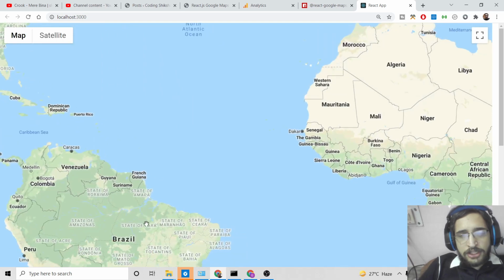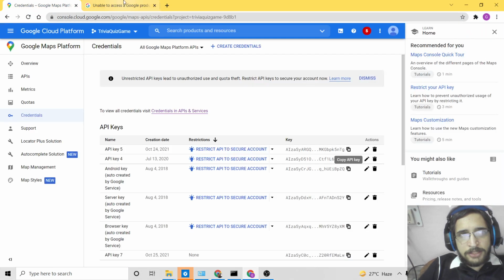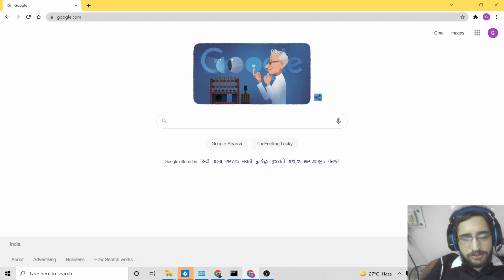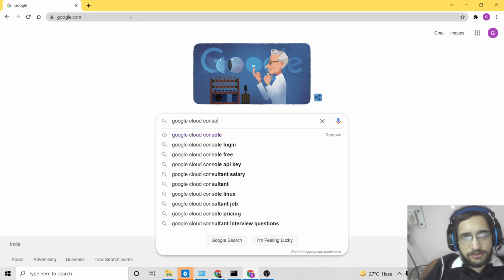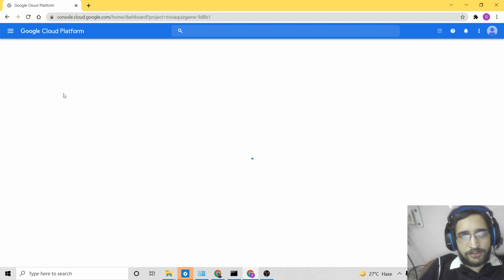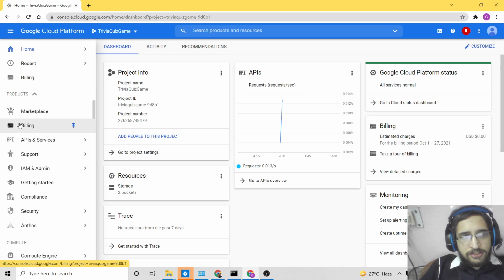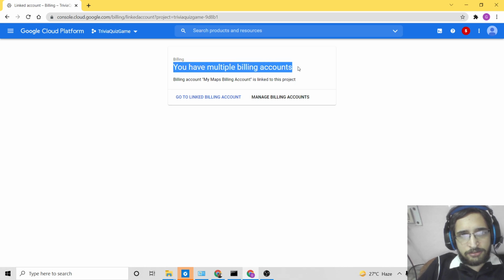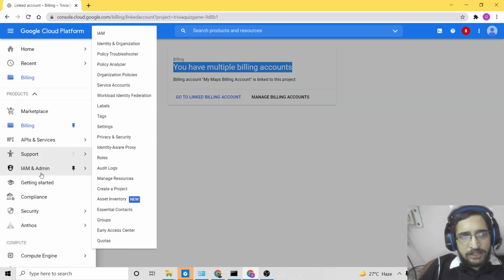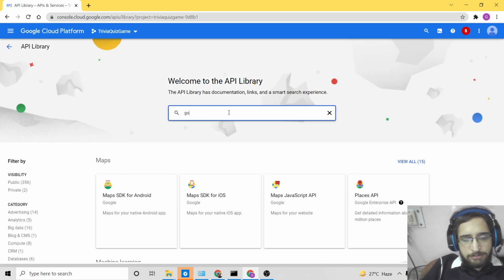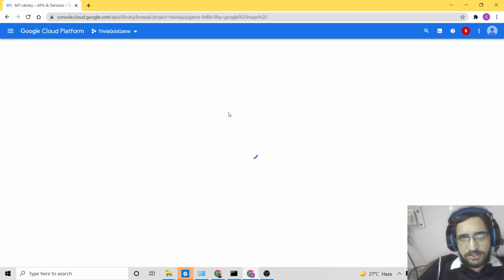For this, I have already told you we are using the Google Cloud Maps API. So you should have a valid Google Cloud account. Search for Google Cloud Console, and on the very first result which comes in, just create an account. For this, you need to link your credit card or debit card information inside the billing section. After adding it, you will see I have multiple billing accounts. After that, you need to go to the API section, go to library, and enable the API, which is Google Maps. Just search for it.